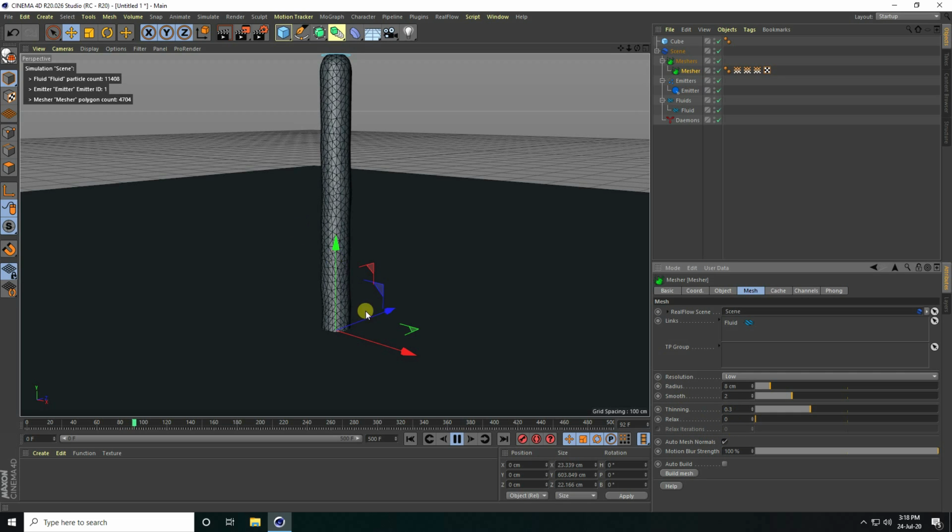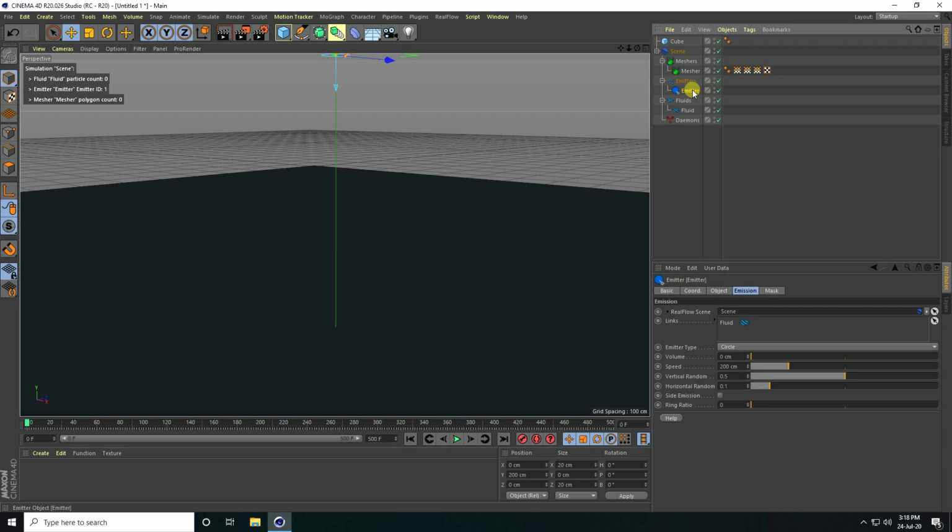Yes, right. Okay, so stop, go to back and play. Yeah, see guys, it's really smooth RealFlow particles, right? Okay, so stop this animation, and now guys I create a moving animation.